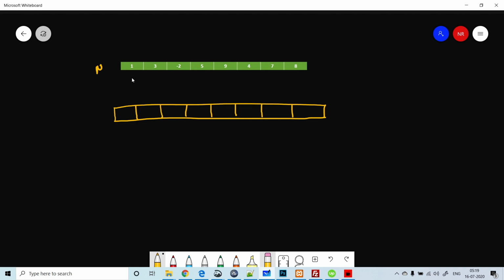For the first number we will keep it the same because there is no previous number, so we start from the first number, which is 1. For the second index you take the sum from 0 till that index i, so 1 plus 3 is going to be 4. For the third index, that will be 1 plus 3 minus 2, which is going to be 2. And then for the 5, from index 0 to 4 it is going to be 7. And here 9.